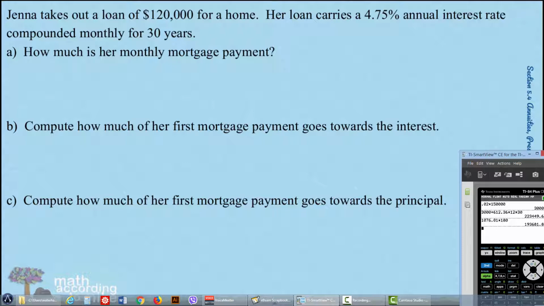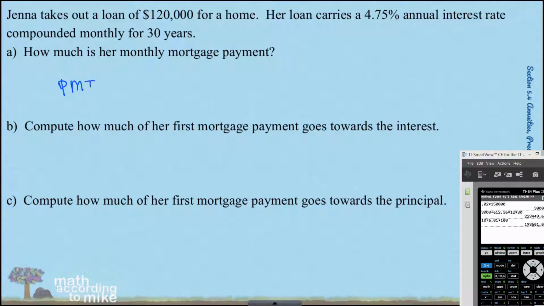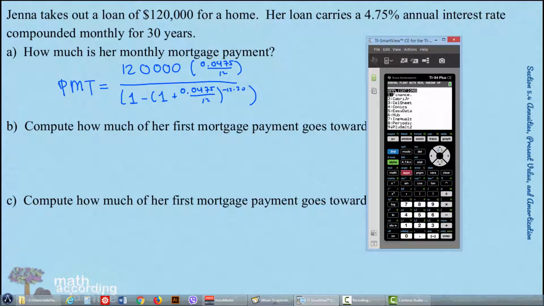And in the next slide, we're going to break it down completely. So this slide and the next slide we'll do together because they're related. Since we're trying to find a payment necessary to pay off the loan, that is your friend, amortization. So put all that good stuff in. So 12 times 30,